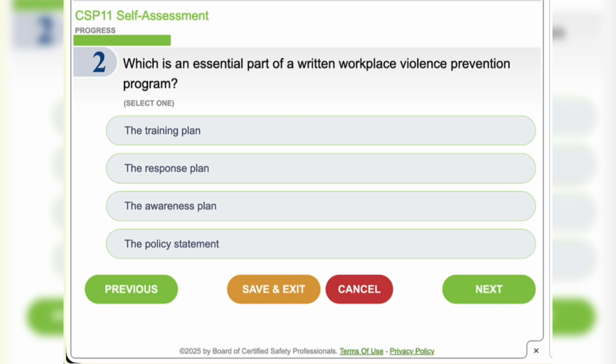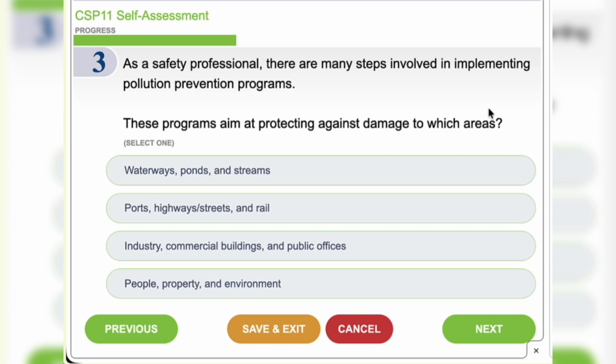So the best option is policy statement because it is the foundation of any workplace violence prevention program, because it clearly communicates the organization's commitment to preventing violence, zero tolerance, expectations, responsibilities of management, supervisors and employees, and the overall scope and intent of the program.